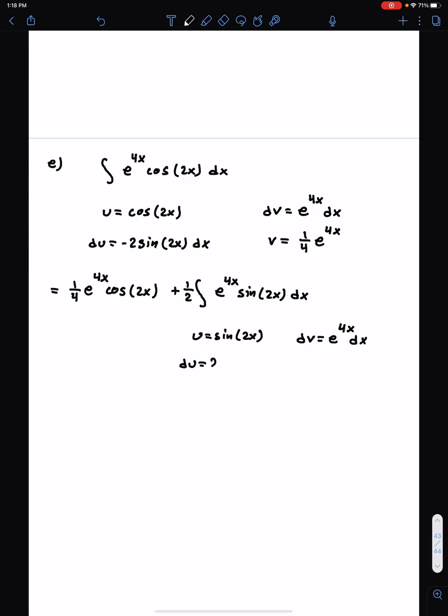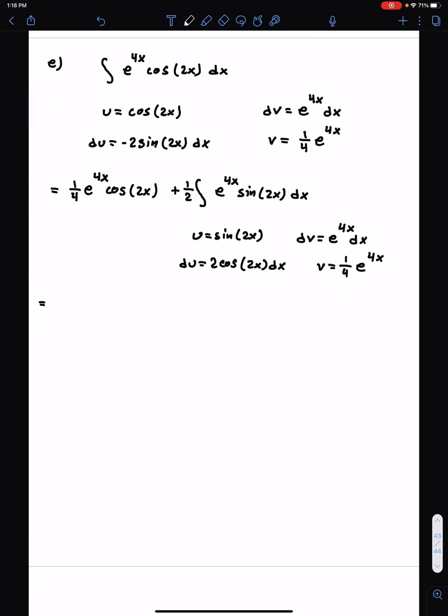So du is 2 cosine 2x dx, and v equals 1/4 e to the 4x. So this is equal to 1/4 e to the 4x cosine 2x plus 1/2